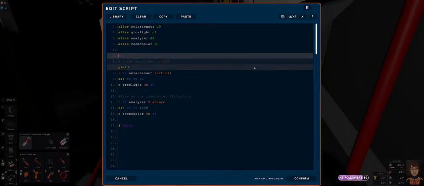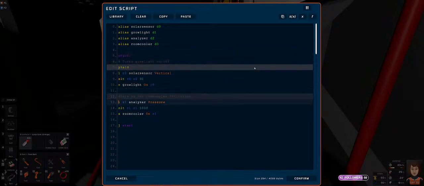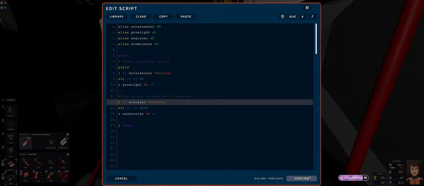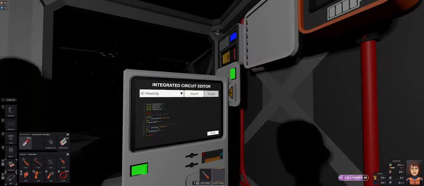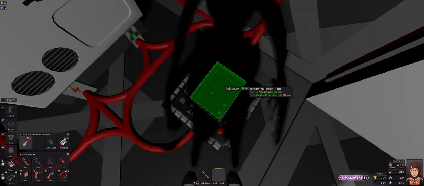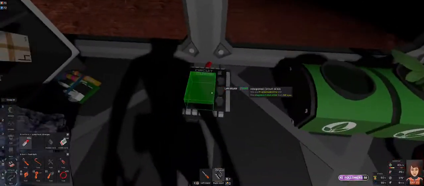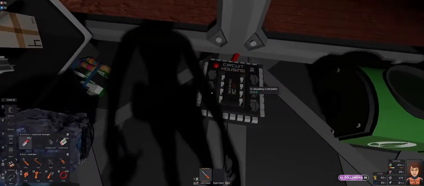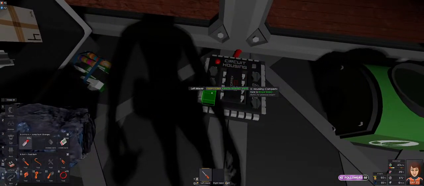Meow. So, load R1 analyzer pressure, set less than R1, R1 1000, set room cooler on R1. Confirm. Export. All right, we don't have any errors there, but we need to change this because this is now